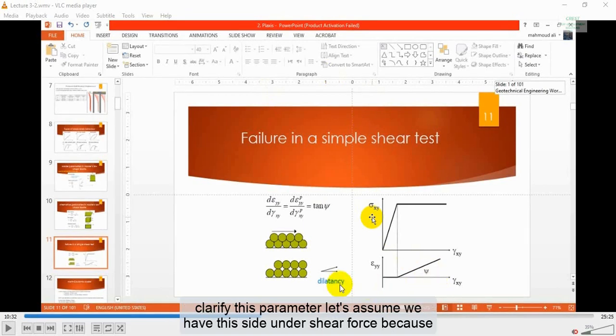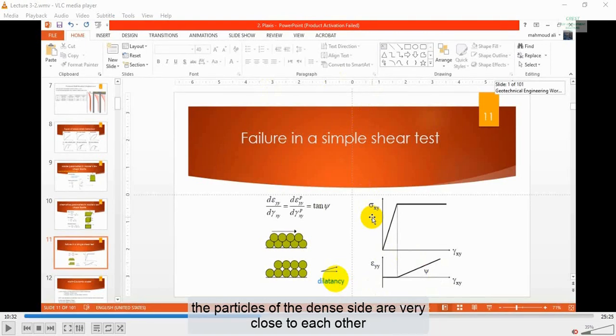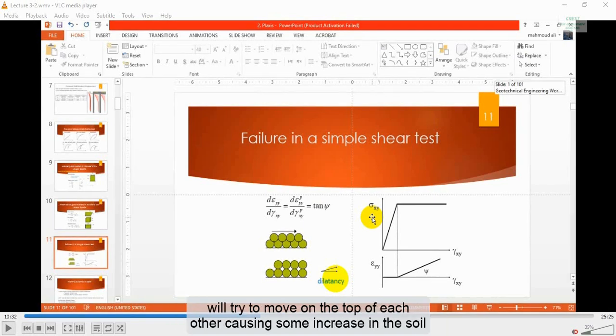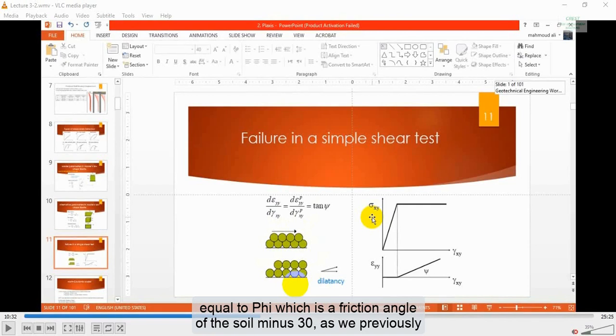To clarify this parameter, let's assume we have dense sand under a shear force. Because the particles of the dense sand are very close to each other, there is no place for these particles to move. Thus, we will notice that the sand particles will try to move on top of each other, causing some increase in the soil volume, or what we call dilation, as we can see here. As an acceptable approximation for the value of psi, we can assume psi is equal to phi, which is the friction angle of the soil, minus